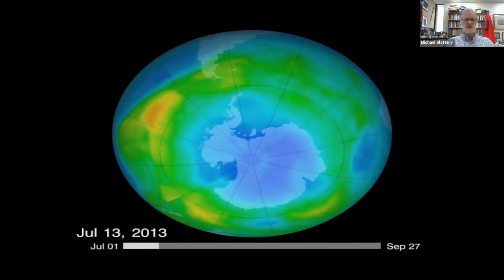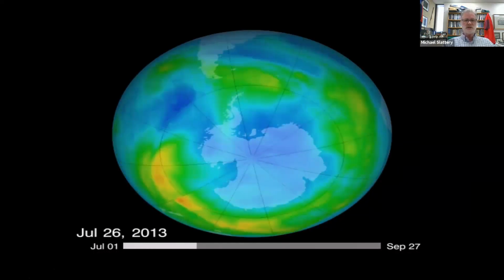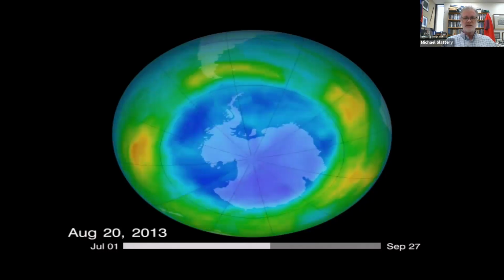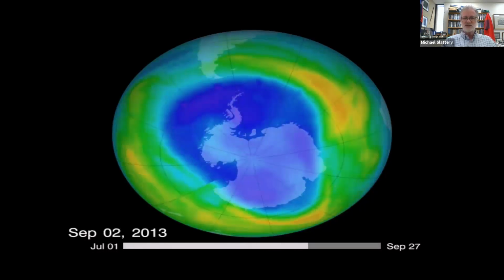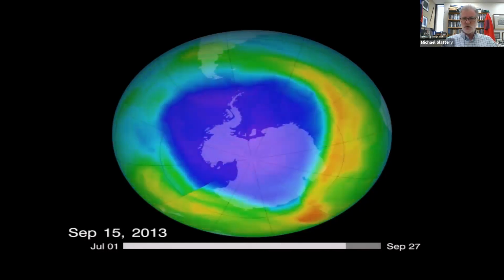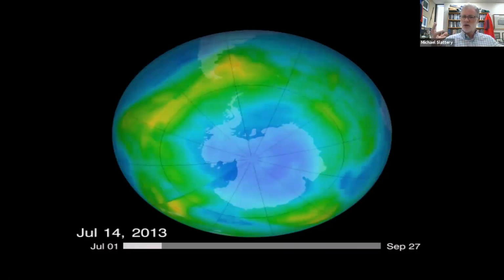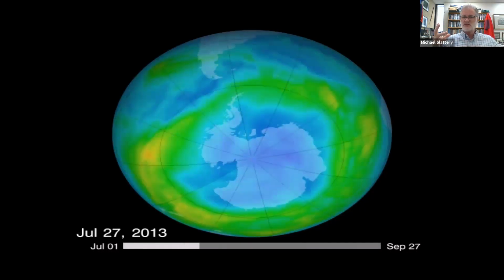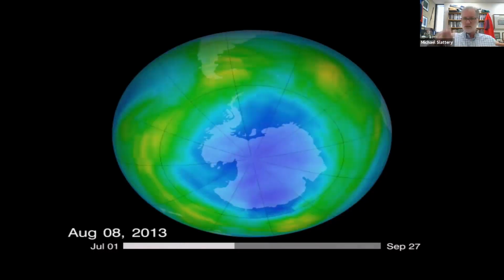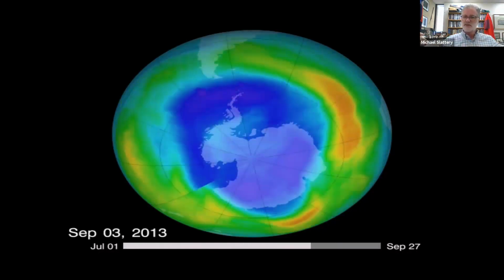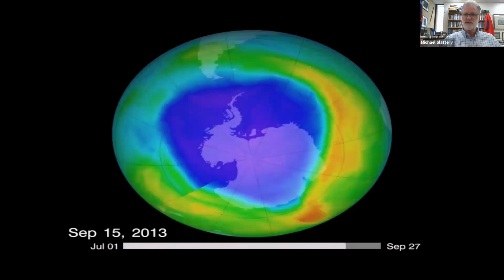July, right? July, ozone's good. Sun begins to come up. Sun's above the horizon. Hello, sun. Goodbye, ozone. Right? Look how quickly that ozone hole opens up over the South Pole. Everybody see that? Things are normal. I hope you can see the spinning polar vortex. And then the sun's up, and as the sun comes up, the ozone gets depleted and disappears.